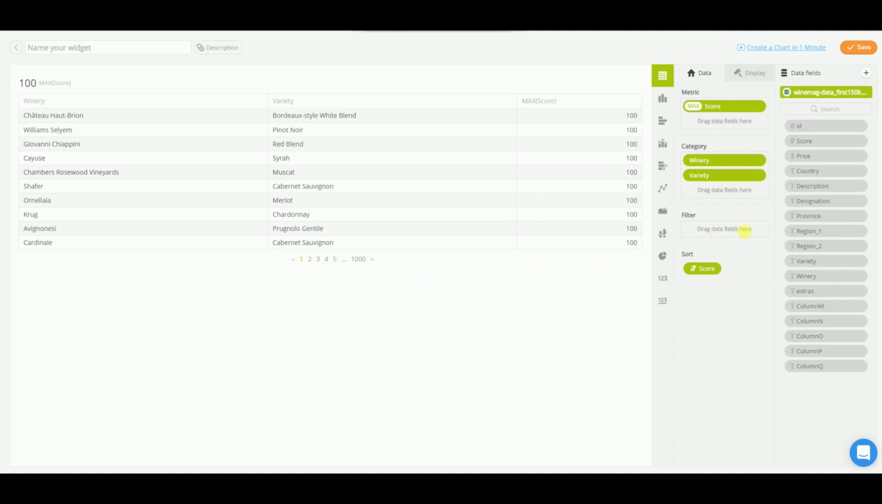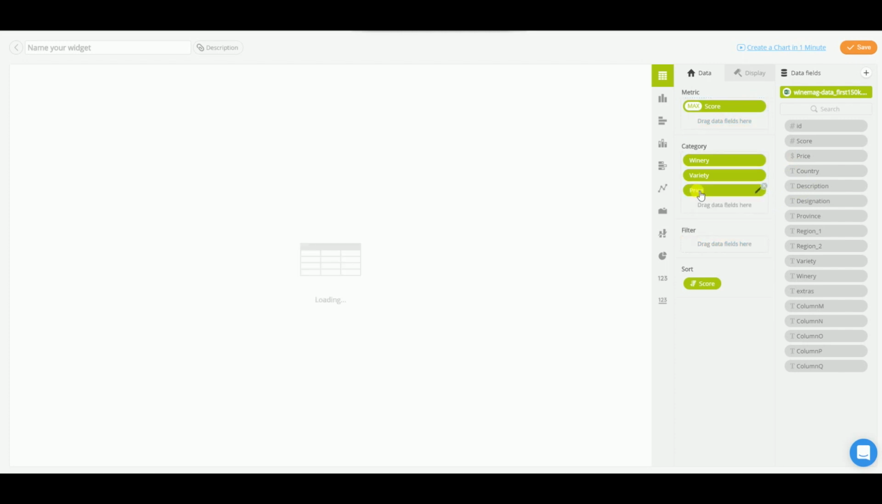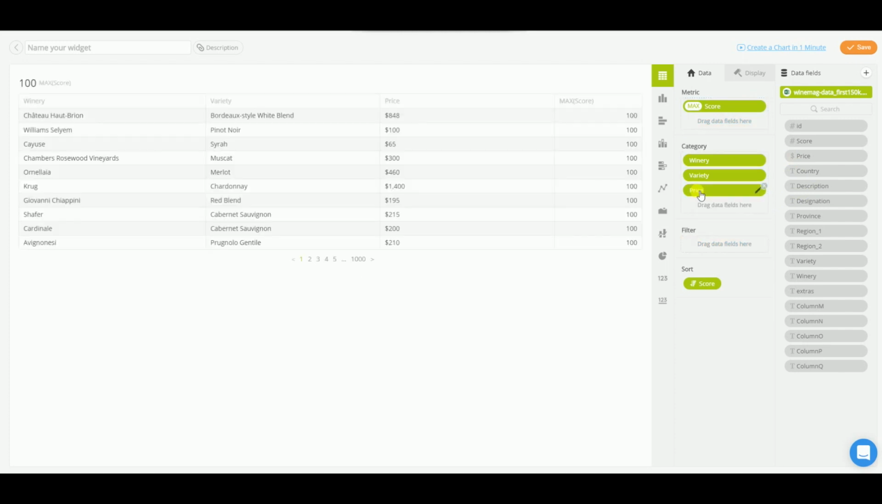So here you go. Maybe it's interesting to add the price so we can see how much these wines are. I guess they're not that cheap. So let's see, to just give you an idea or a sample of how this works. So here you go. We have a few wines that have 100 score, starting with a Chateau Haut-Brion, which is